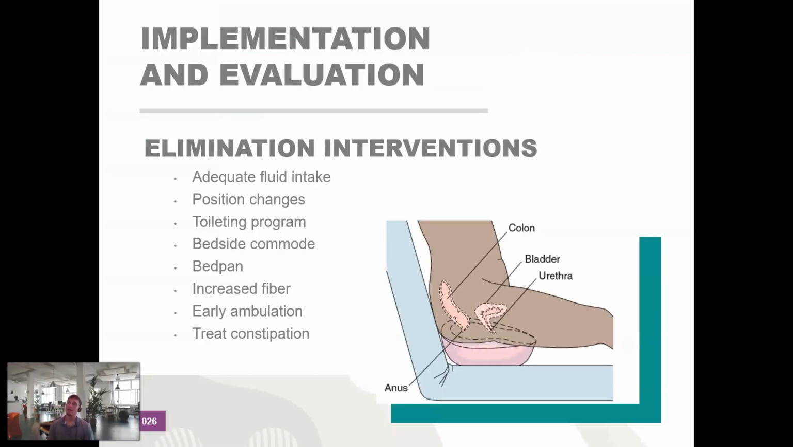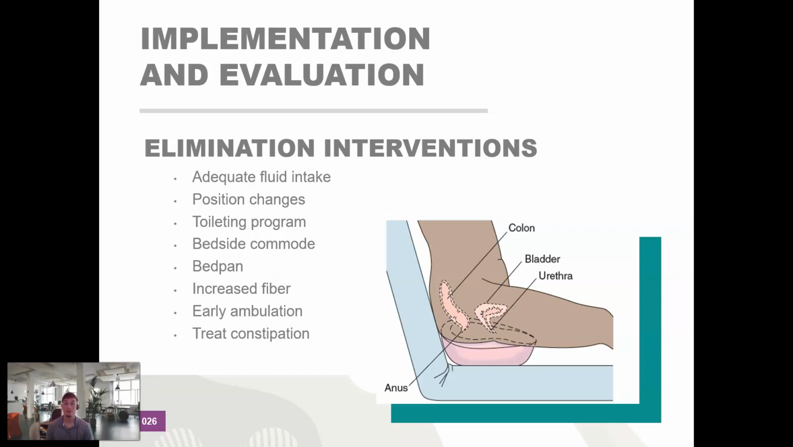When we look at our implementation and evaluation, focusing on the elimination intervention, we want to, again, increase that fluid intake, let the body exchange out and keep those kidneys working. We want to encourage positional changes. The elimination system is facilitated by getting up, moving around, allowing that gut to break down food and manually position